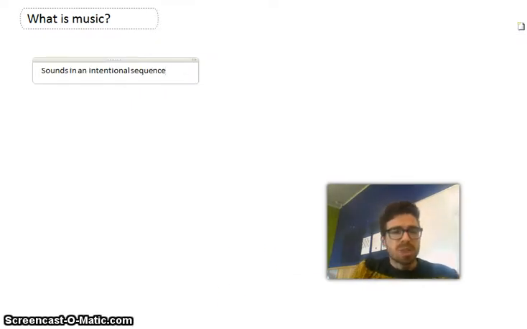So next, what is music? Well, I think music's best described as sounds all happening in an intentional sequence. So it can be any variety of sounds that the composer chooses, but it's got to be arranged in an intentional sort of way. So it's really quite a broad definition, and I guess under that definition music includes a lot of different